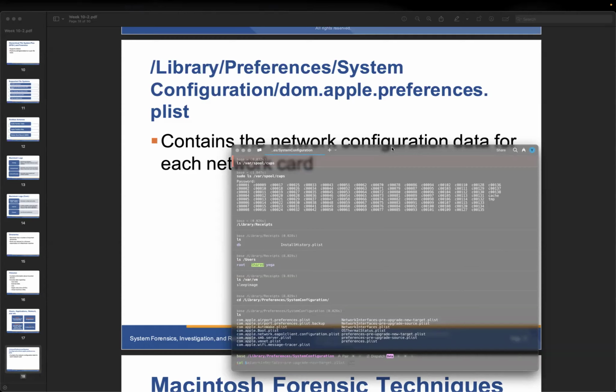I don't have the DOM right here. It's pretty old. Okay, maybe we have COM, and then we maybe want to look at the preferences plist. So maybe we have the airport preference right here, and maybe some Wi-Fi and VMnet plist. Okay, SMB. Okay, and then also we have the boot plist. So right here,